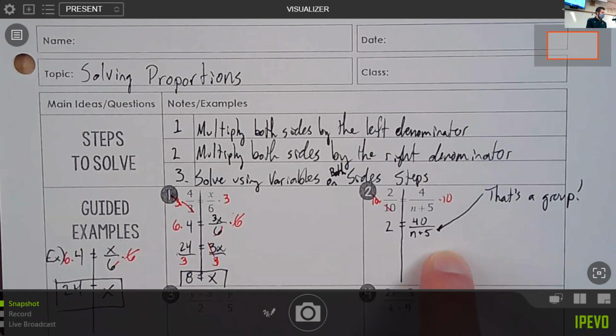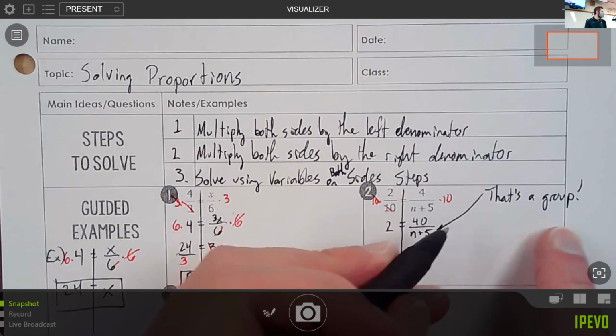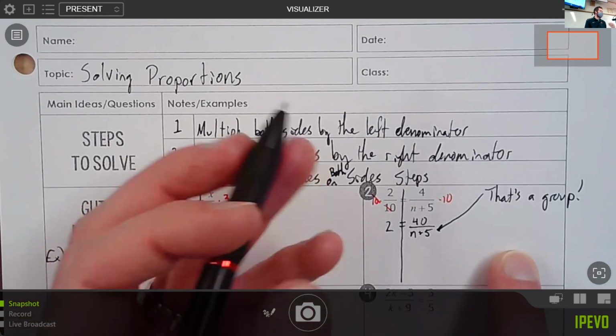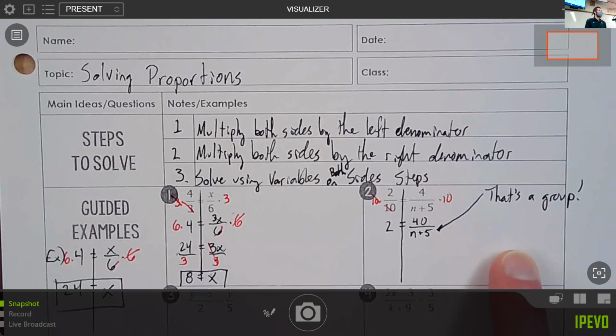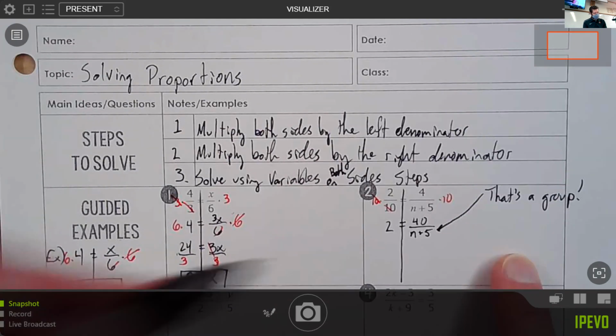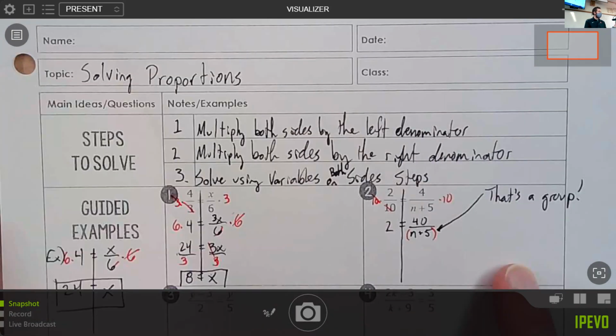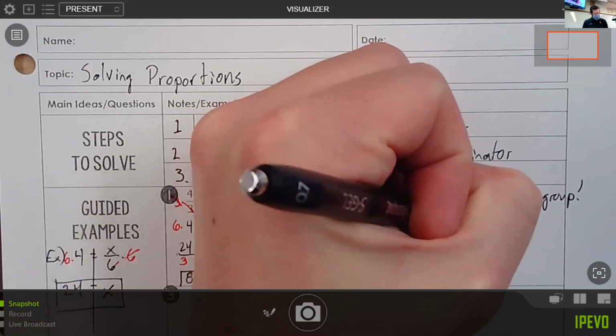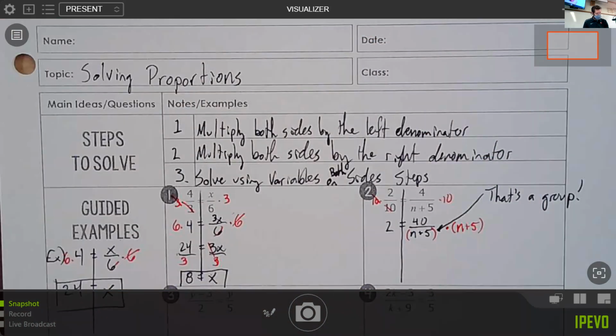What that means is when we multiply this on both sides, because it's a group, how do groups usually look? In most cases, what do groups generally look like? What do they have? Parentheses. Yeah. So I'm going to put parentheses around that n plus 5. That's going to be really, really important, because when I multiply both sides by n plus 5,